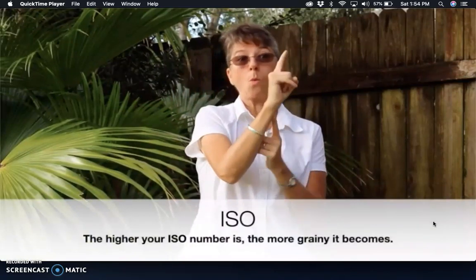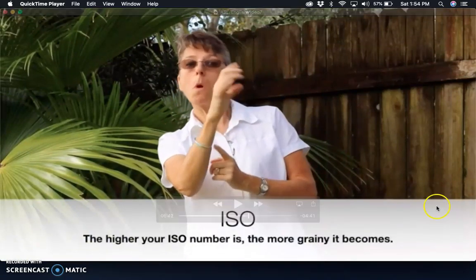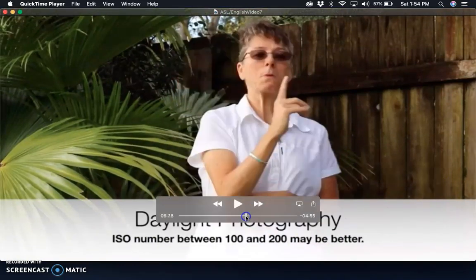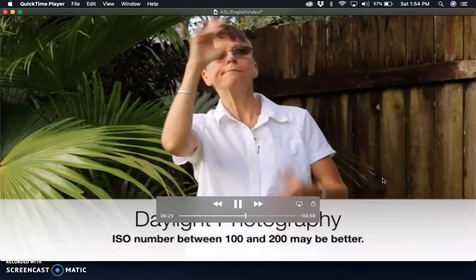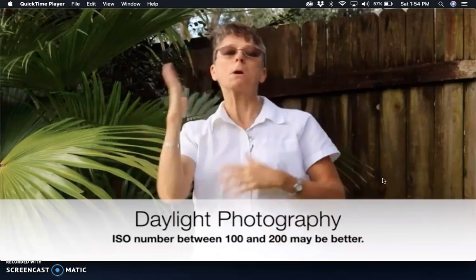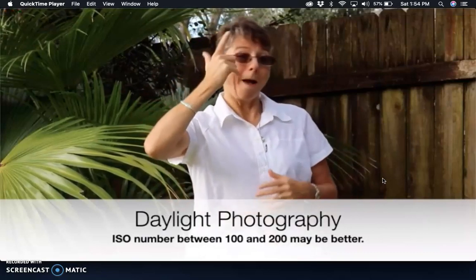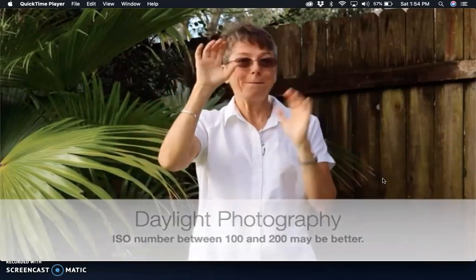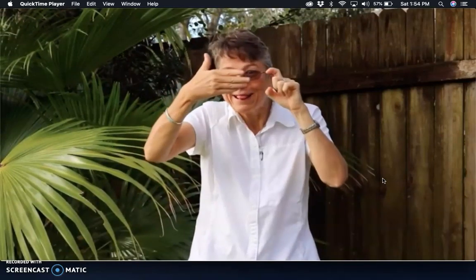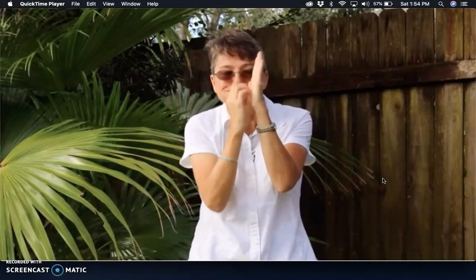You'll have to figure that stuff out. If we were to take pictures on a day like today, you may want to use 100 to 200 ISO, because in your picture,